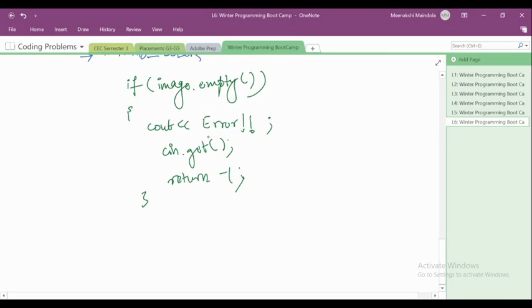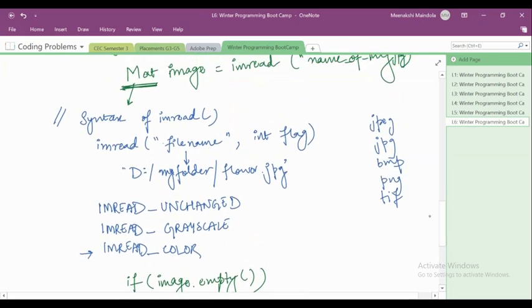Okay, so this is about the empty function. Pratyush is asking how to initialize the flag to unchanged, grayscale or color. So this is the flag itself. When you write this, this is the flag itself. Say, for example, you want to load this flower.jpg. So you say imRead,